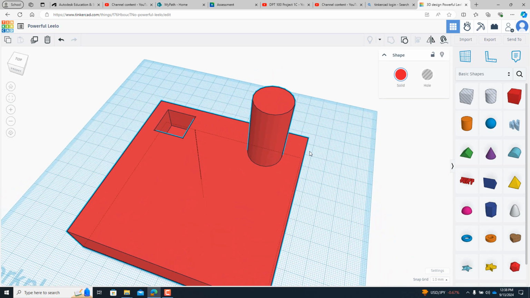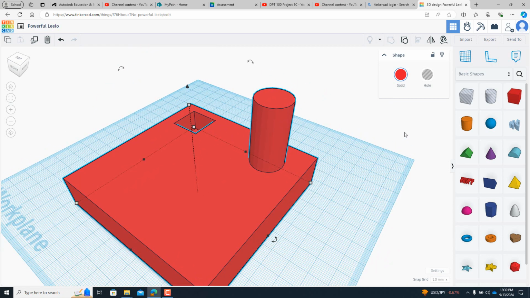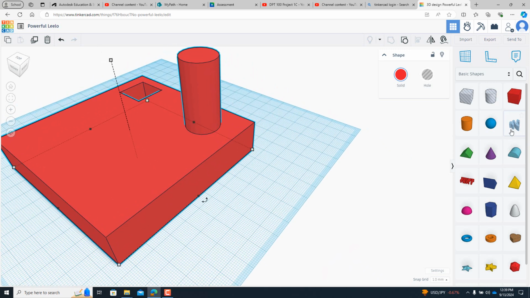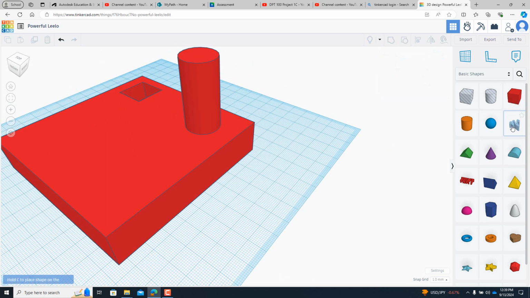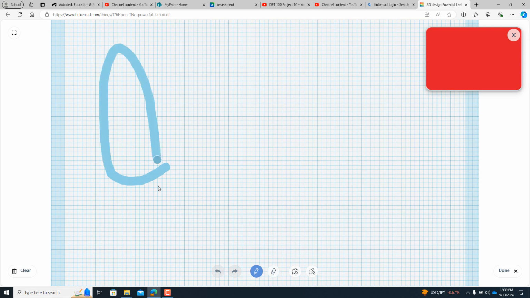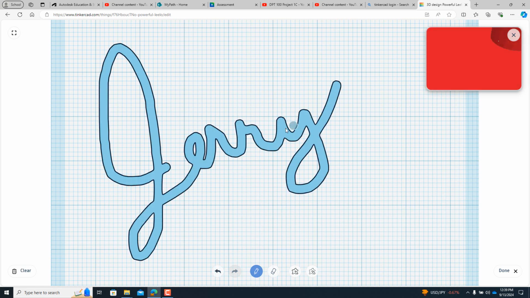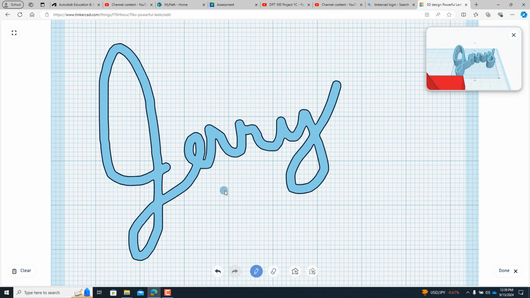So again, I just want you guys to get in there and toy around with this. Now I want to take you into the land of scribble, okay? And that's something you're going to do. You're going to go to your scribble tool, and basically all I want to do is just click on this plane. You've got an erase. You've got scribble. And I want you all to write your name. I'll try to write my name nice and cool. It's like trying to sign on one of those electronic things at the store. I never do write it correctly, but